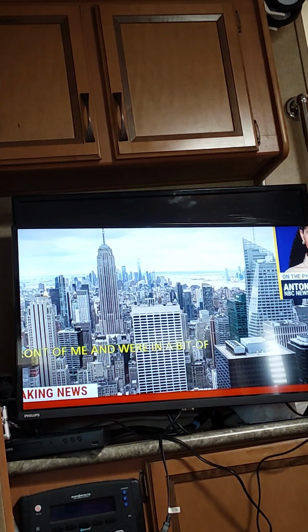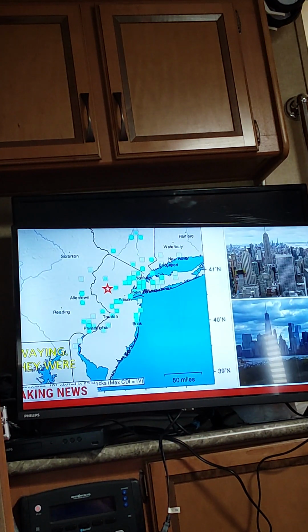I live right near a playground, too, in the South Williamsburg area. I could hear kids reacting, clearly very confused and frightened. I don't think most of us here in New York City are used to this. This is certainly my first earthquake in this area of the country. And so people are a bit shaken up here. I can see people still on the street just kind of collecting their...